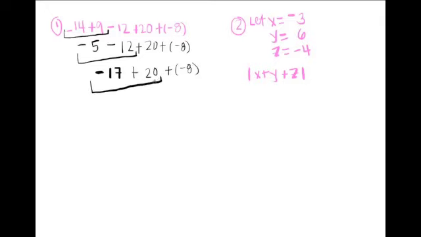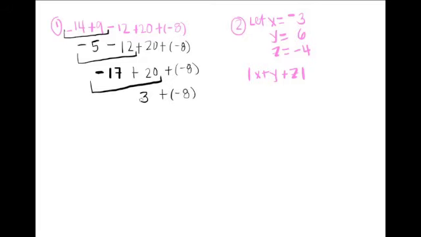Negative 17 plus 20. So I'm starting on the negative 17, but I want to add 20. So am I going to the left towards the negatives or to the right towards the positives? Towards the positives. So negative 17 plus 20 is going to give me a positive number. The 20 is bigger. That's another way you can tell it's going to be positive. You take the sign of the bigger one. So I end up with positive 3